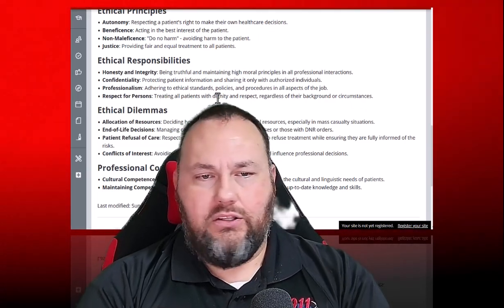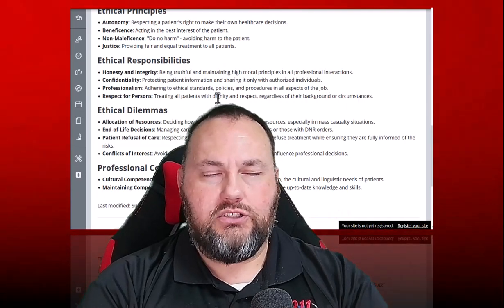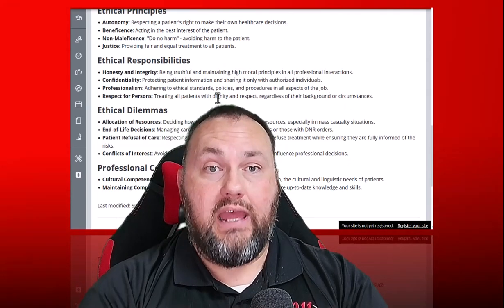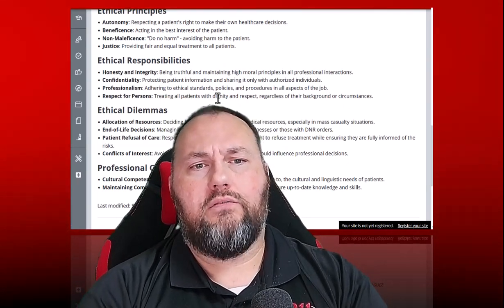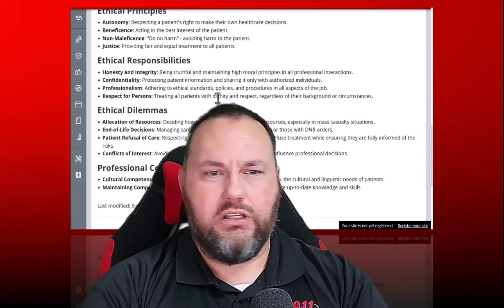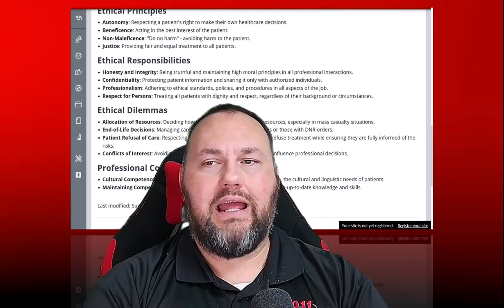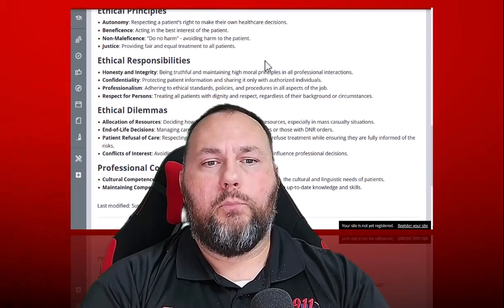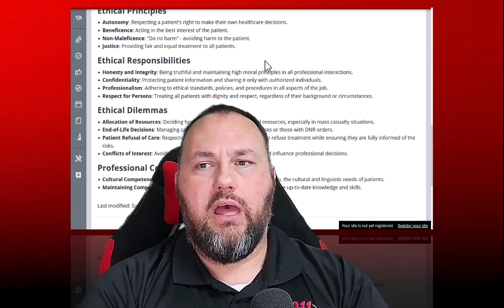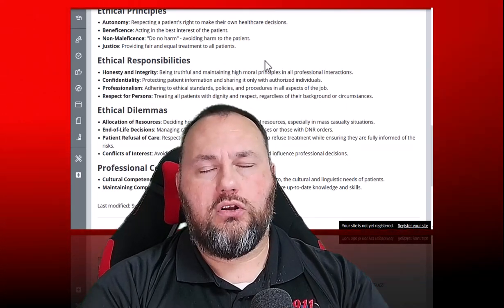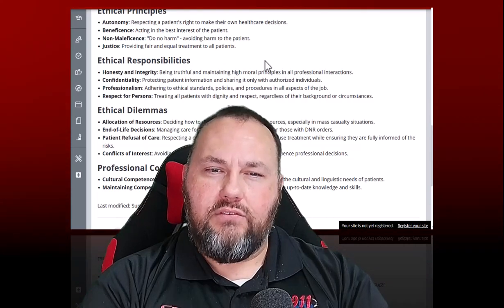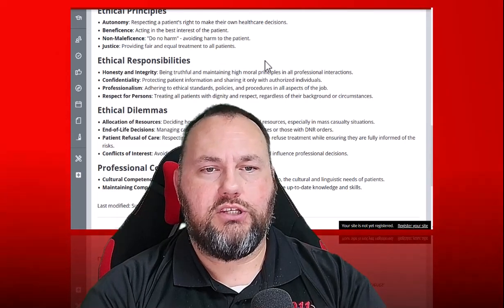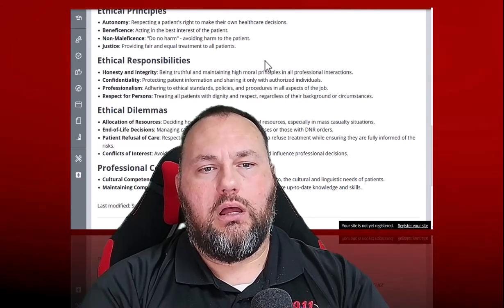Then we move on down into the ethical responsibilities. That's pretty straightforward. You've got stuff in your book, and also you've got the professional behavior evaluations that cover most of the ethical responsibilities. Professionalism is a term you hear tossed around a lot, and there are a bunch of different meanings. Something being professional is fairly subjective in certain aspects, but there is a standard of ethics and policies that you'll run into, and procedures for maintaining professionalism.